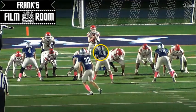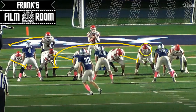Let's go to another play here. Here he is right here. And again, you're just going to see some of that speed and range that I'm talking about. You're going to get some down blocks. They're going to be pulling a lineman. And you're going to see a back come into the frame where they're going to be running kind of a